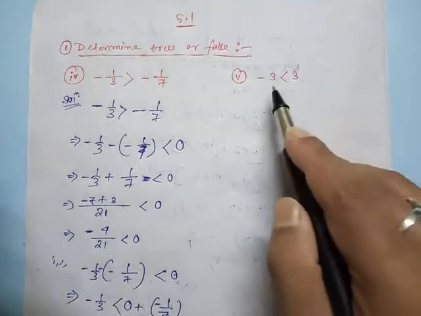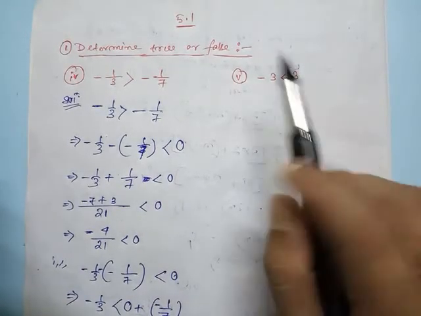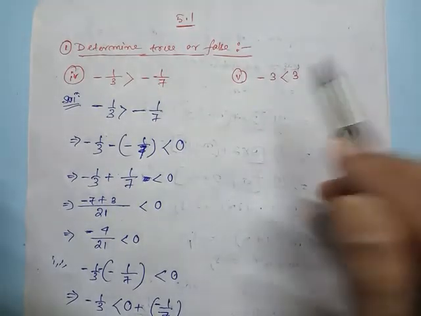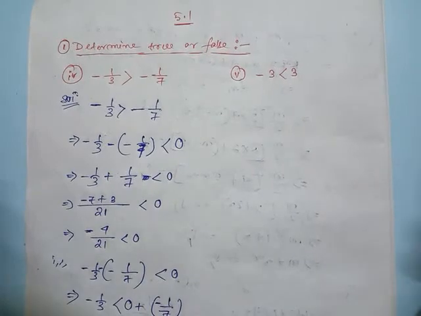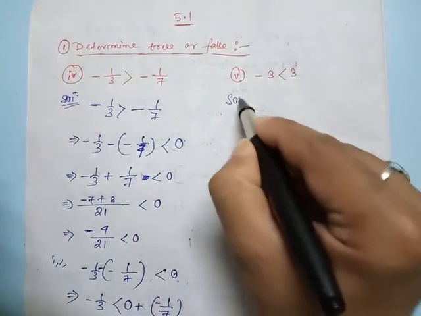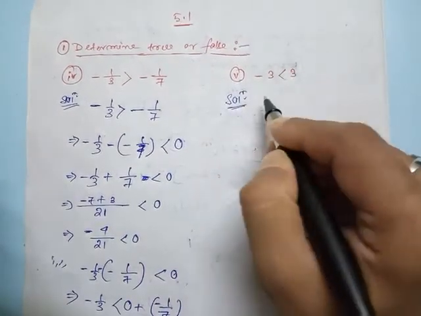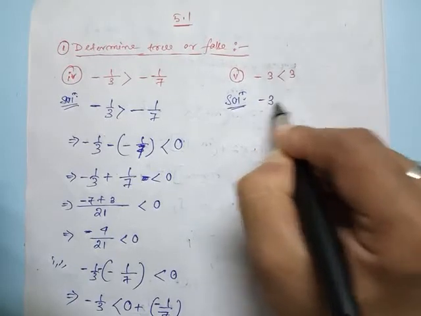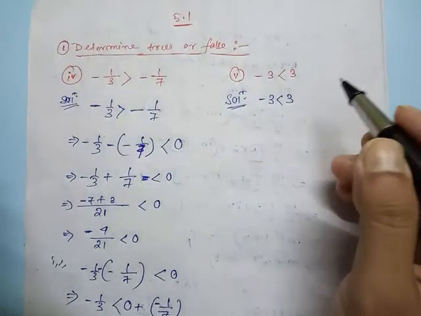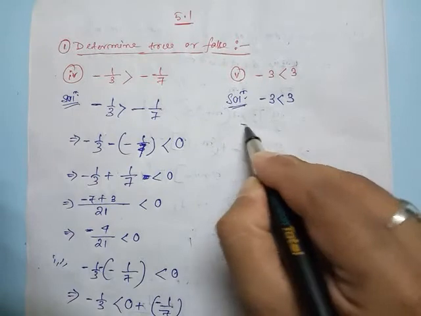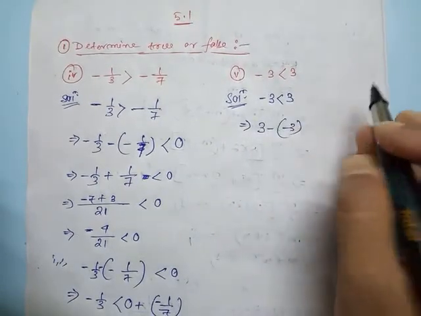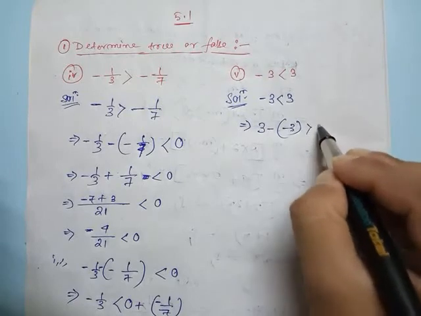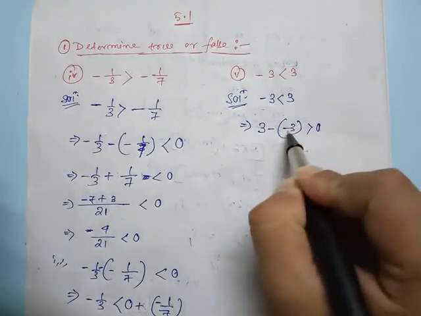The given question is minus 3 less than plus 3. We have to check whether it is true or false. Actually it is true, minus 3 less than plus 3. Now let's have a look how to solve this one. First of all student, I will write here solution, then we'll write here minus 3 less than 3, the given part. Next part would be, if I write here 3 minus, then minus 3 bigger than 0 here,